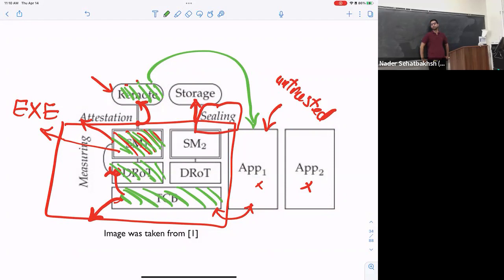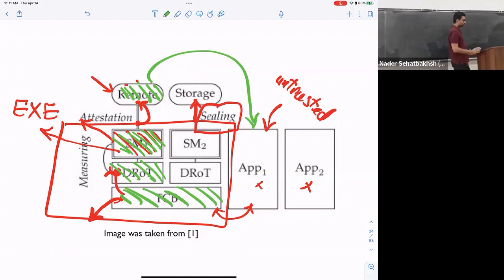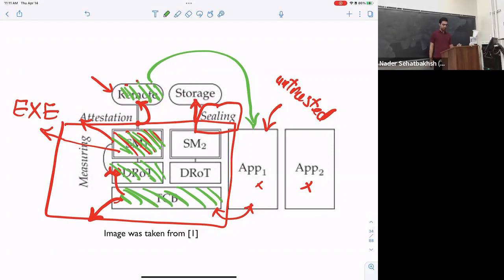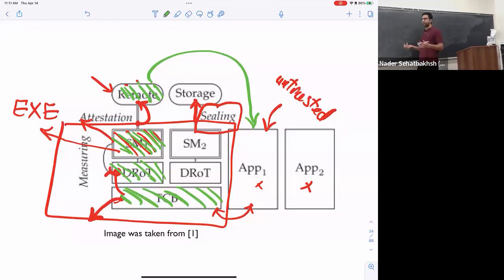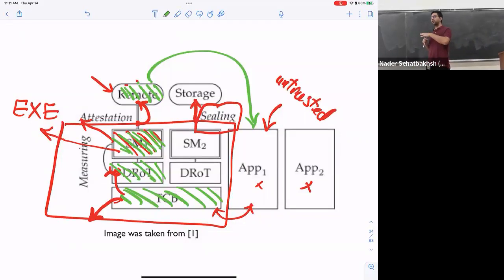Go over what part of this is the dynamic root of trust. What part of this diagram would be dynamic? Generally, remember, we started with the TCB. That was the only part that we trust. Dynamic root of trust is the notion that, as we do measuring, we add more and more modules to our trusted zone. At the beginning, our root of trust was only our TCB, but we dynamically expand that root of trust to other modules.